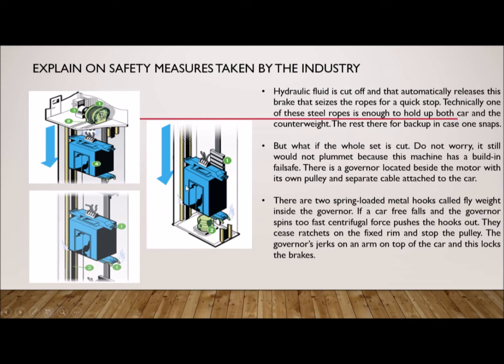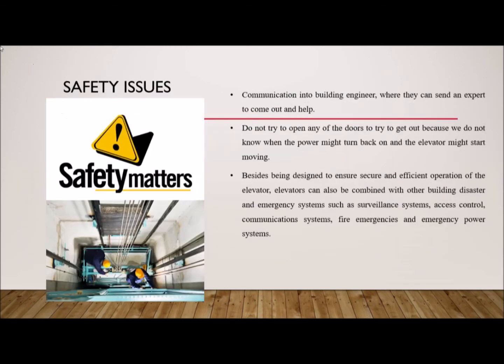And what if it free falls? In this picture 3, there are two spring-loaded metal hooks called flyweights inside the governor, and this is the governor. If the car free falls and the governor spins too fast, centrifugal force pushes the hooks out. This stretches onto the fixed rim and stops the pulley. The governor jerks an arm on top of the car and this locks the brake. And finally,